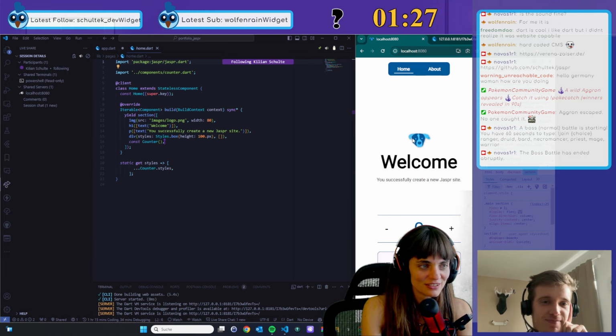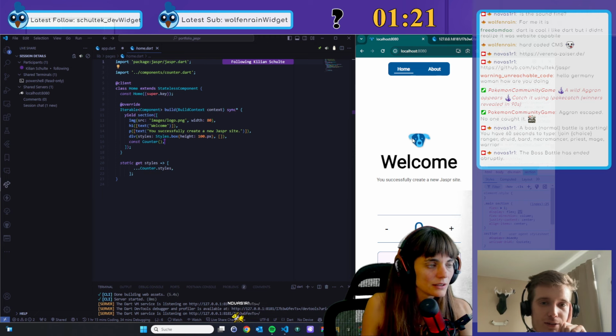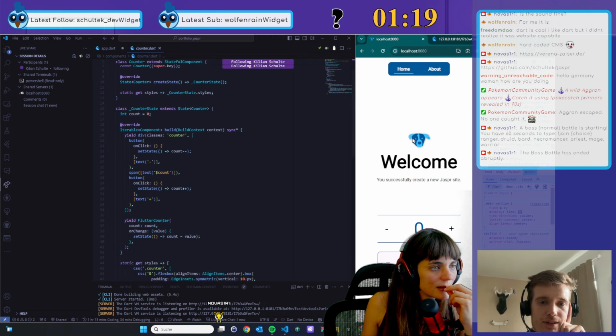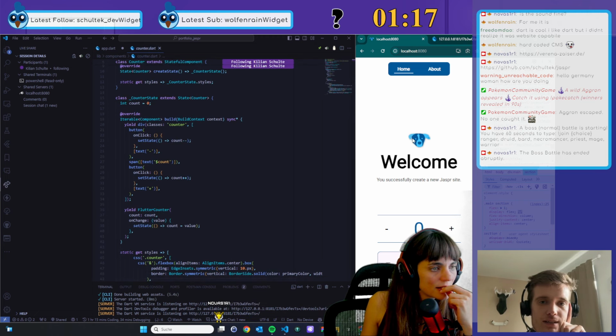All right. We can also maybe look, because you wanted to have Flutter embedding here. So the counter component has an HTML Jaspr counter in here, and then it has the Flutter counter.